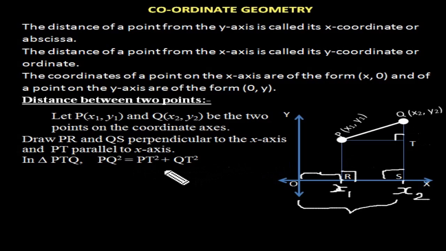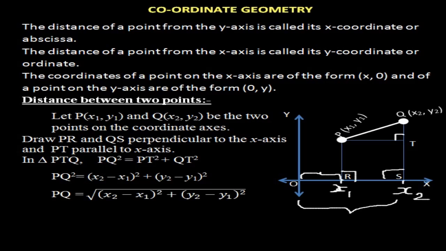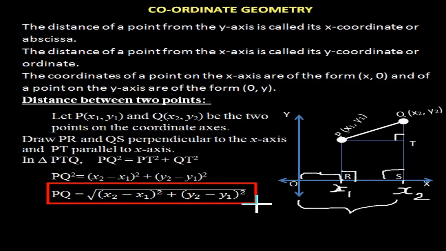Substituting those data in the Pythagoras theorem, we get PQ square is equal to (x2 minus x1) whole square plus (y2 minus y1) whole square. And taking the square to the right hand side, we get PQ is equal to square root of (x2 minus x1) whole square plus (y2 minus y1) whole square. And this is the formula we are going to apply in the problems of exercise